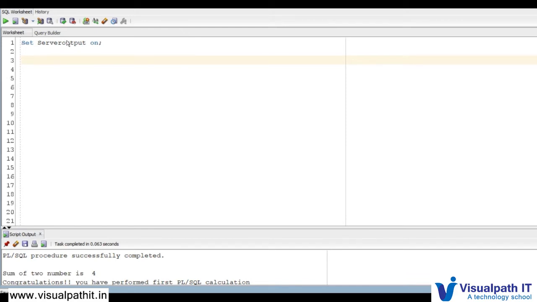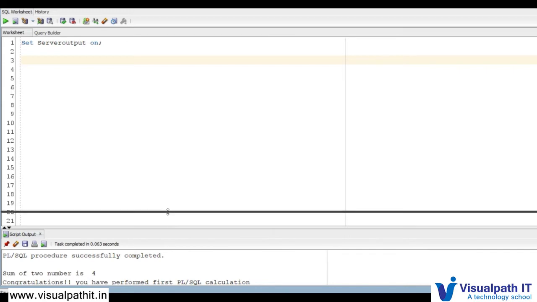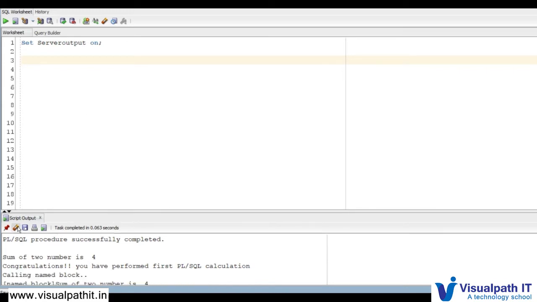So here we are in the same SQL Developer editor, where we can write the code, and you can easily download this SQL Developer from the Oracle site. Okay, this is free. Set server output on as usual, just to view the output in the script output detail here.